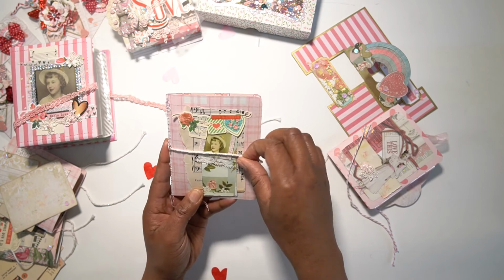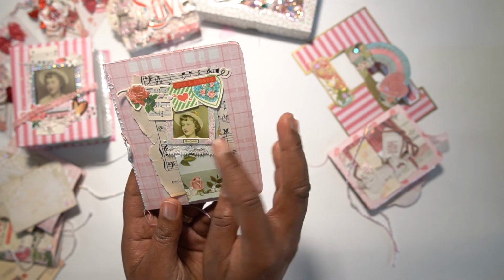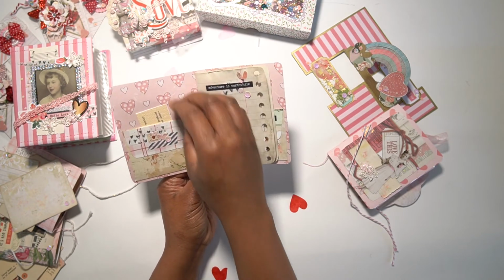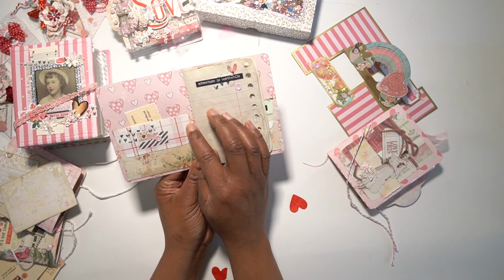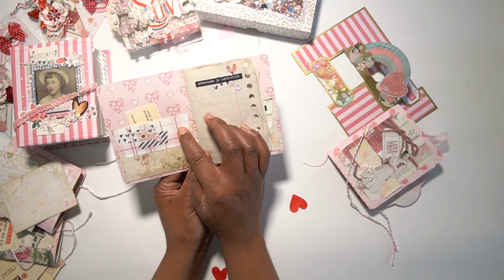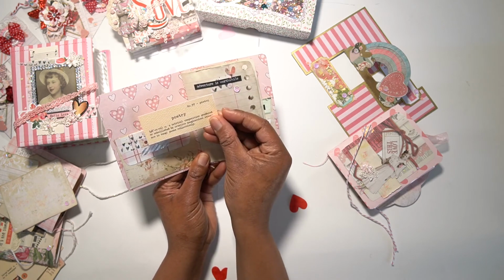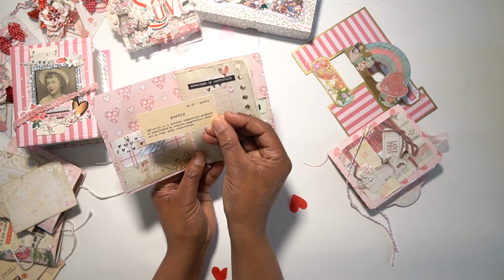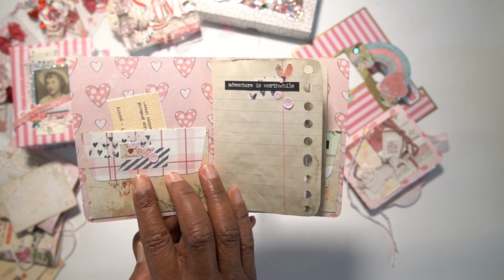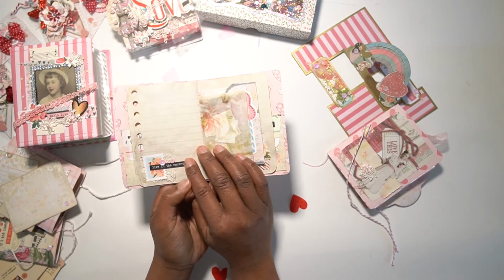Open her up correctly so you can see all the layers, all the beautiful sequences, and I just love that photo frame as well. As you open her up, a pocket again, which is an envelope, and the envelope flap, I turn it to this side. I lined it with Simple Stories paper, and again a beautiful word. Just a beautiful tag here. You can see the beautiful details here, the teeny tiny items, and they all combine so well together,